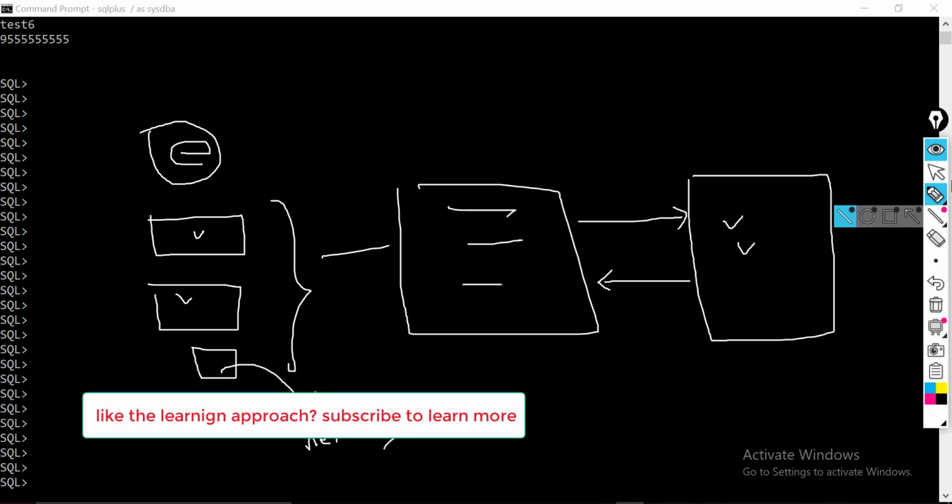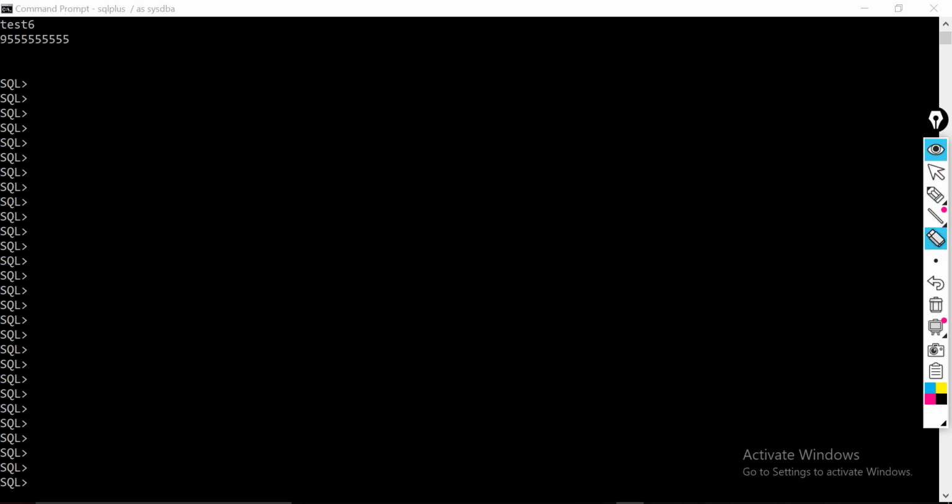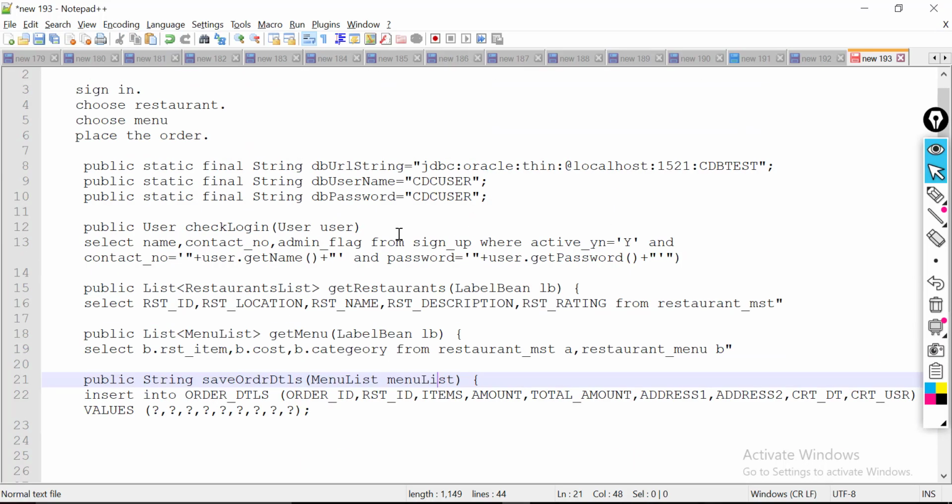Now let us try to understand what happens if this table is gone. Can a user be able to log in? He cannot. Why? Because when a user enters username and password, the details have to be authenticated with this query. If this query itself is not there, your validation will not happen.